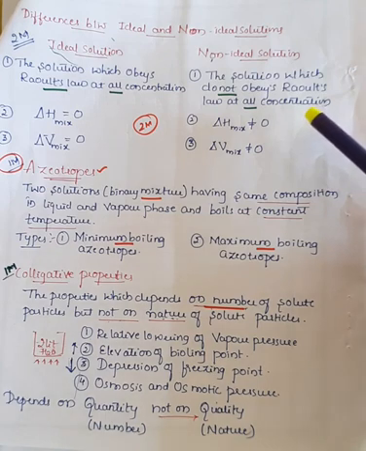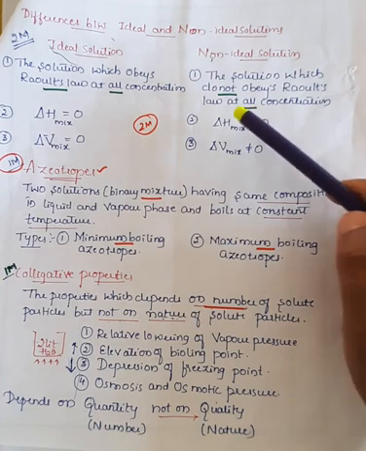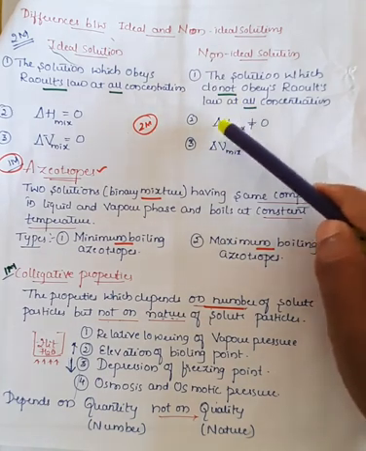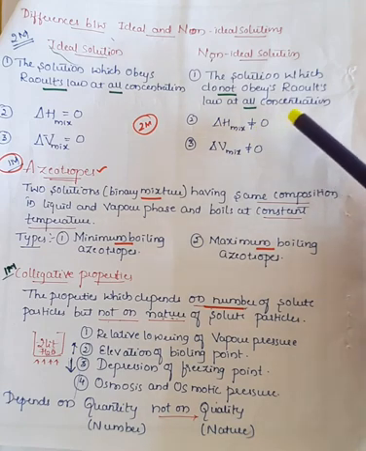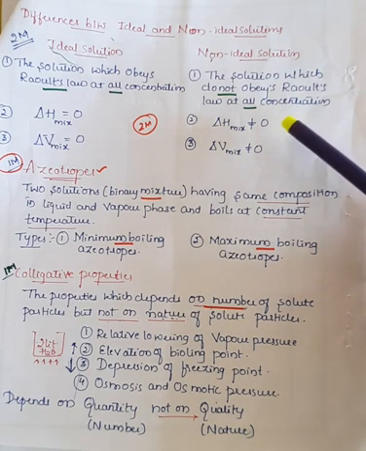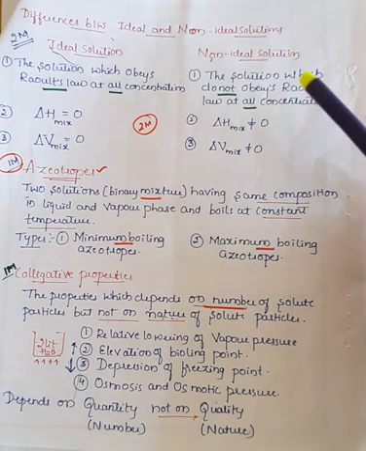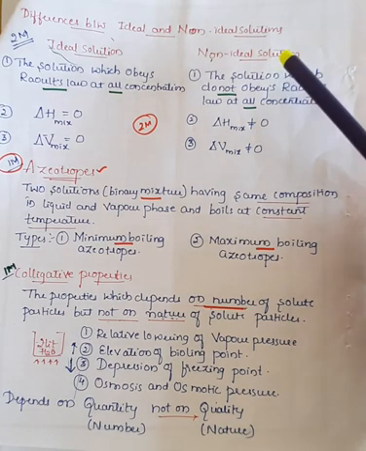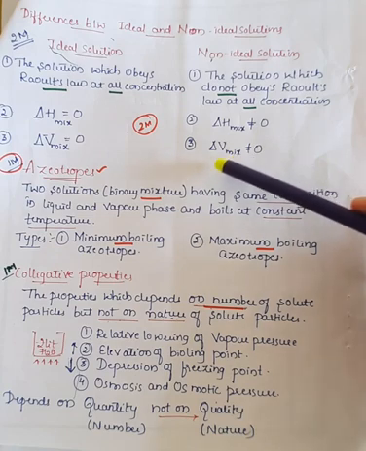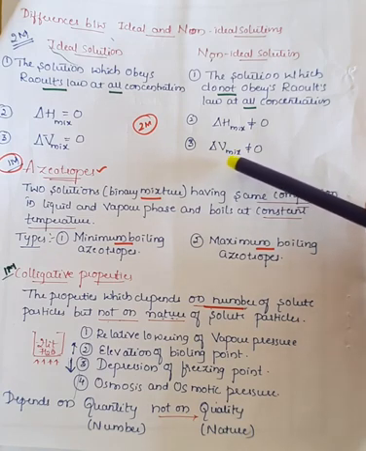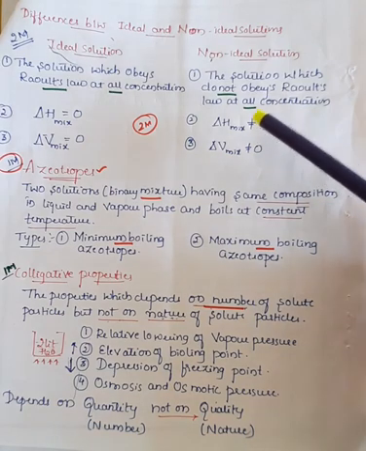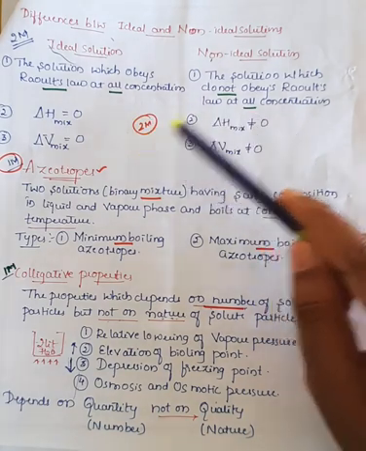The enthalpy automatically changes. It may decrease or increase, that is secondary, but automatically there is a change in the heat energy, or a change in enthalpy. That is, delta H of mixing is not equal to 0. It will not be stagnant. It may go on increasing or it may go on decreasing. So that kind of solutions are also called non-ideal solutions. And here the change in volume during mixing is also not equal to 0. So these are the 3 important differences between the ideal solution and non-ideal solution.